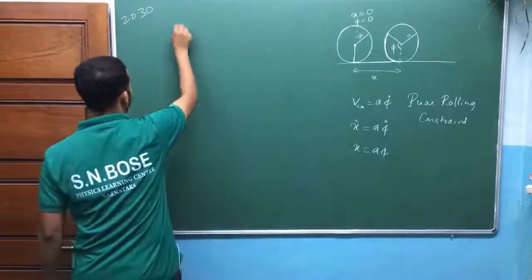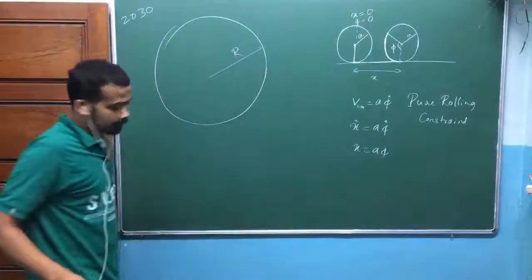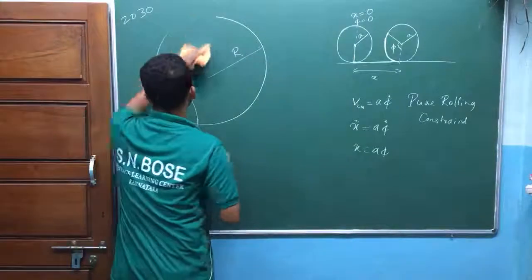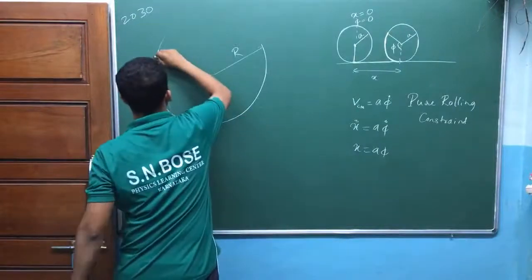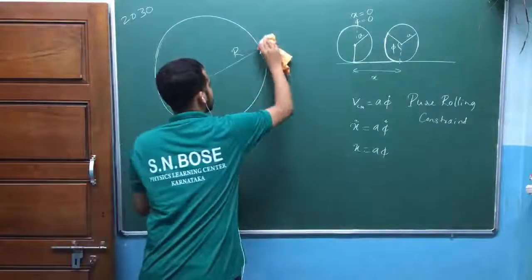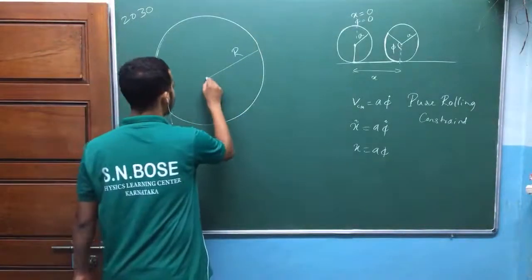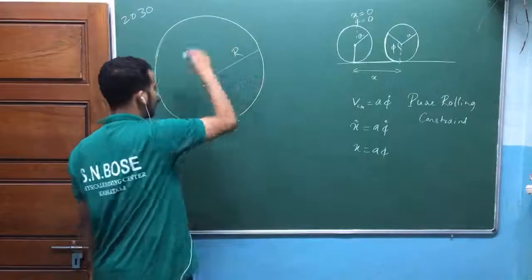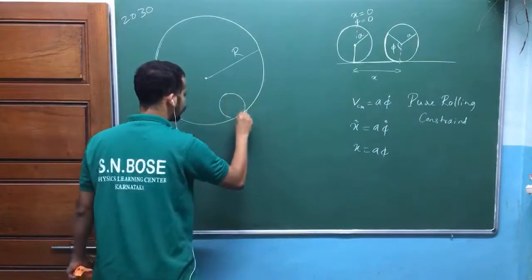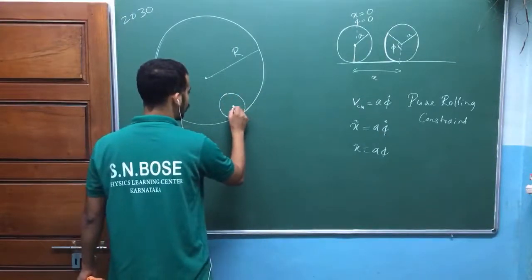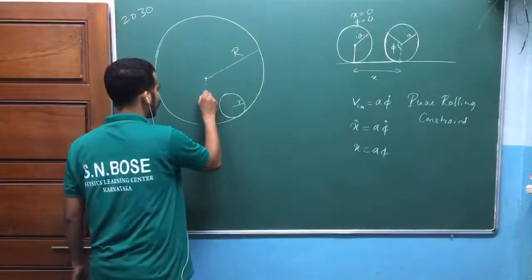Again, I think I have written only the Lagrangian yesterday. I have a big cylinder of radius capital R, a big hollow cylinder. Inside this big hollow cylinder, again this is the center of the big hollow cylinder, inside that one a solid cylinder of radius small r, which is rolling without slipping. That is the idea that we have taken. Am I right? This is the vertical line.